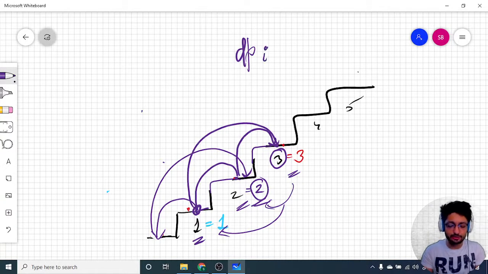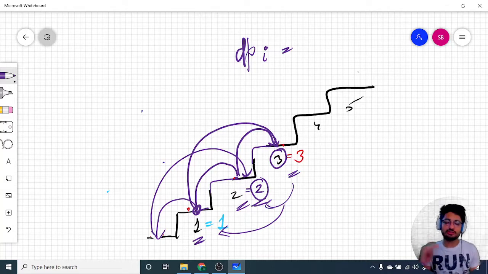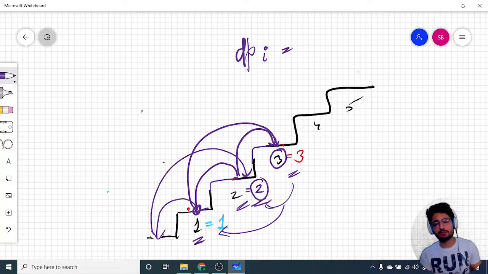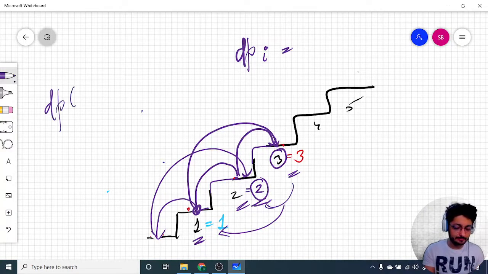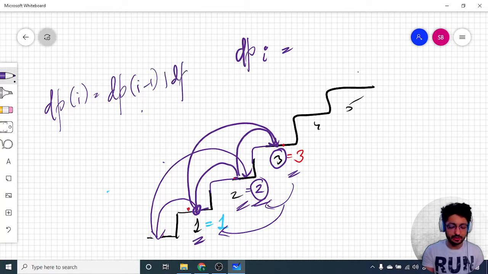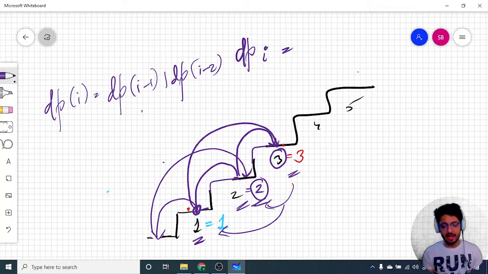Now the ith value in the DP table is actually the number of ways to reach that ith staircase. So if I want to reach the third staircase, DP of i will tell me how many ways are required to reach the third staircase. DP of 2 will give me the number of ways to reach the second staircase, and so on. So for the third staircase, it will be DP of 2 plus DP of 1. So the answer for the ith DP is just the addition of DP of i minus 1 plus DP of i minus 2. And the first value of this DP is equal to 1, and the second value is equal to 2. For all the other values, we can just use this formula to get the value.